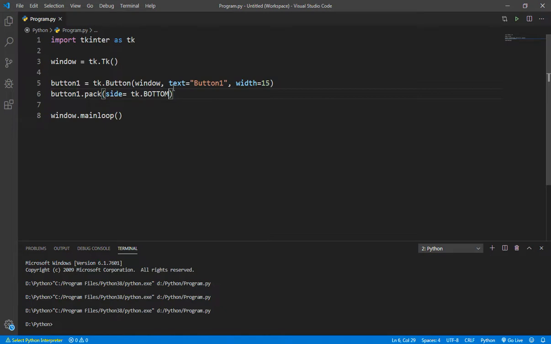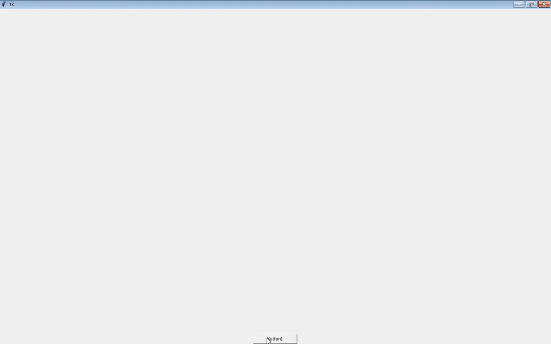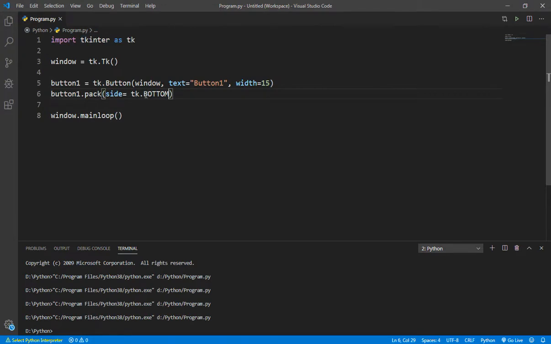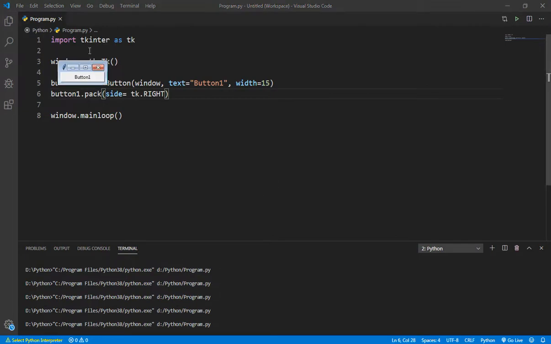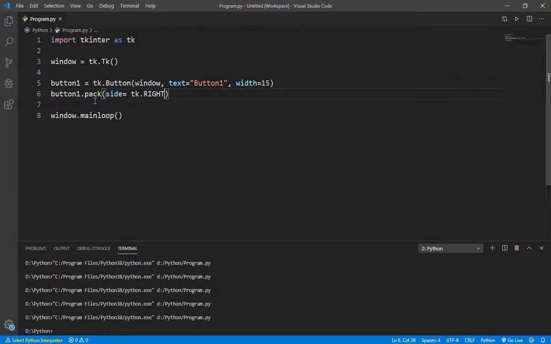Here also all the characters should be uppercased. Okay, now it's on the bottom, but it is still in the center. Okay, now we will write tk.RIGHT. It will place our button towards right, but it is still in the center, as you can see.